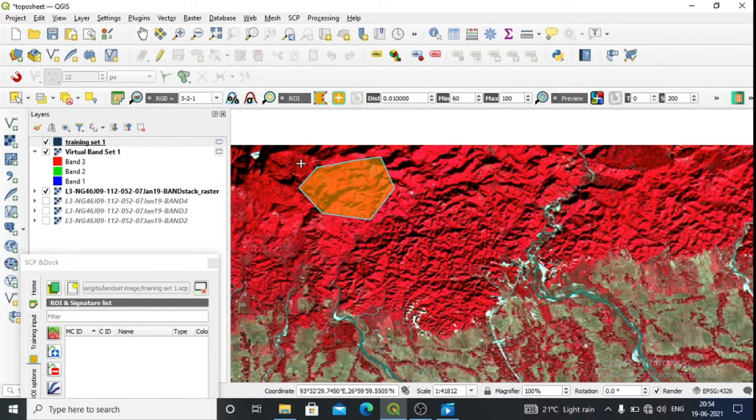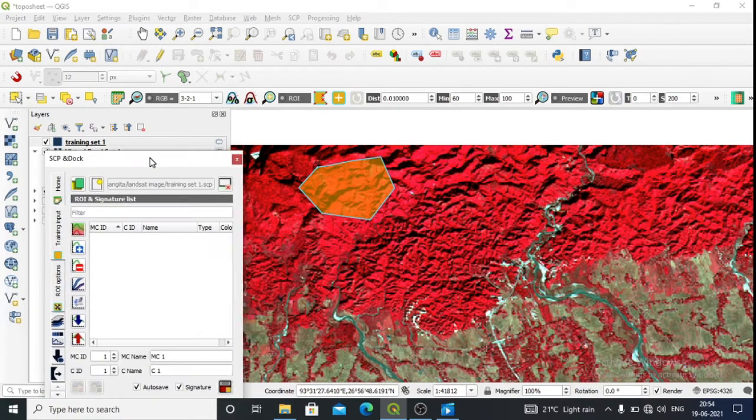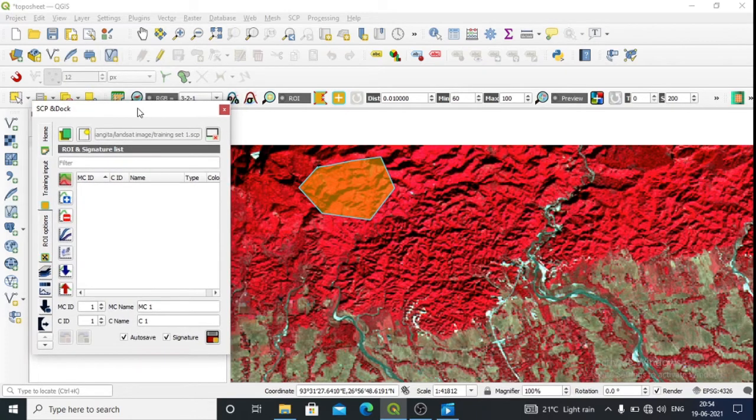So this has been done. At the end point, just right click, then go to this particular part. You can bring it upward if you want to see the whole view. Here you have to name it. The two IDs have to be the same, like 1 and 1. This is the first feature that we are creating, a forest area, suppose.